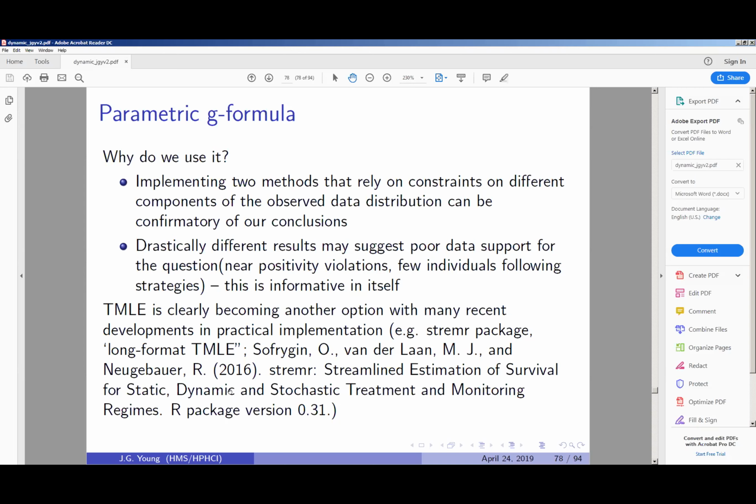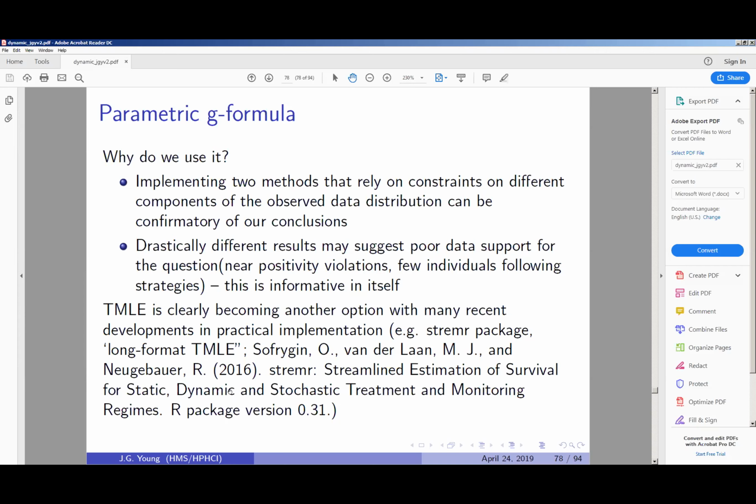They tend to be the most drastically different when you have sparse data problems, like near positivity violations and other issues. And that's the case where all of these methods really break down. So while TMLE has really good theoretical properties, and probably you should always include it as one of your methods when you can, if you have really good data to answer the question, you're probably not going to get a drastically different answer in practice if you use TMLE versus IPW.